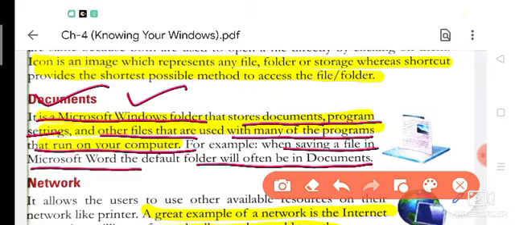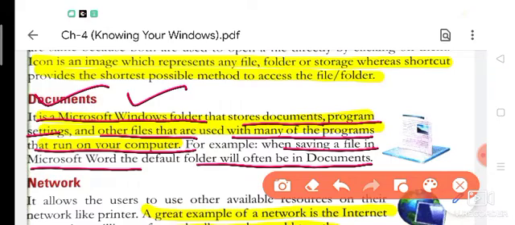When I save that file, by default it will go to Documents. Clear students? It is a Microsoft Windows folder that stores documents, programs, settings and other files.